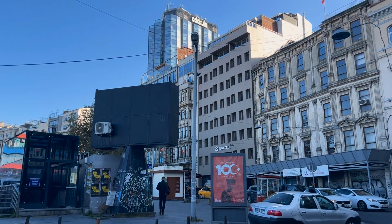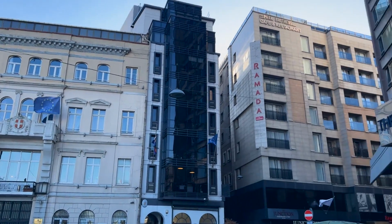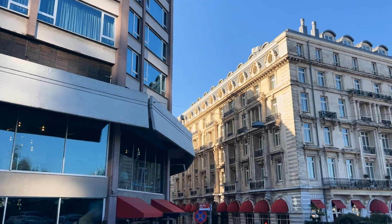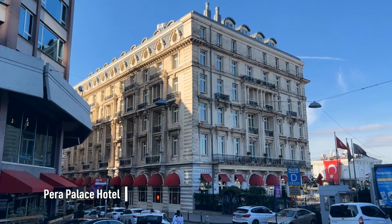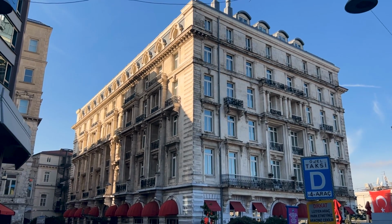The European side of Istanbul holds one of the coolest mysteries of the city. It's right here at the Pera Palace Hotel. This hotel is over 130 years old and has housed some very famous guests, including Ernest Hemingway, the great Mustafa Kemal Ataturk many times, Alfred Hitchcock,